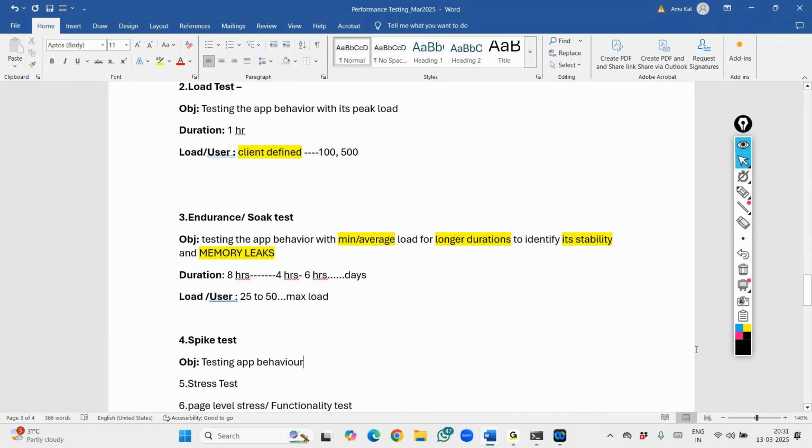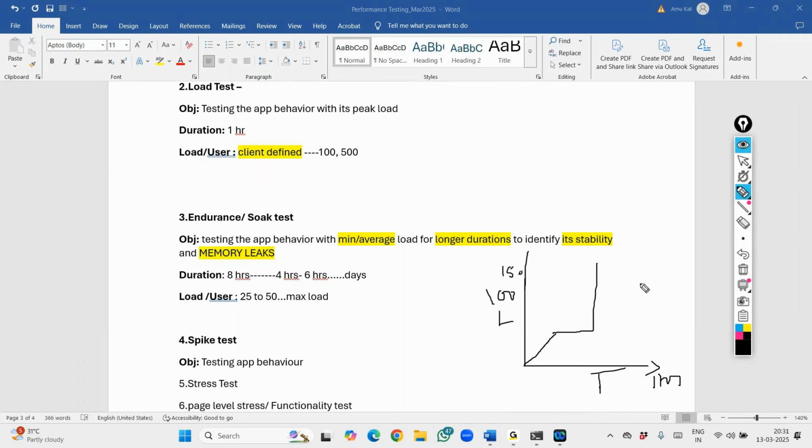Let's consider load and time. We define this for 1 hour, and this is for 100 users. All the users entered the application and are working on it. Whenever there is a sudden spike from 100 to, let's take 150, or consider 200 here,